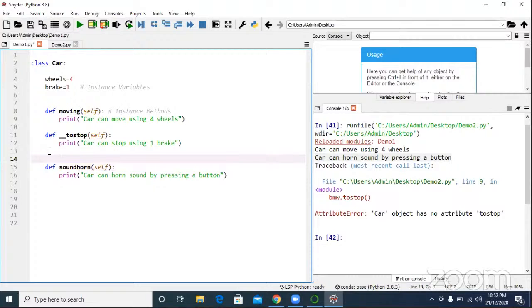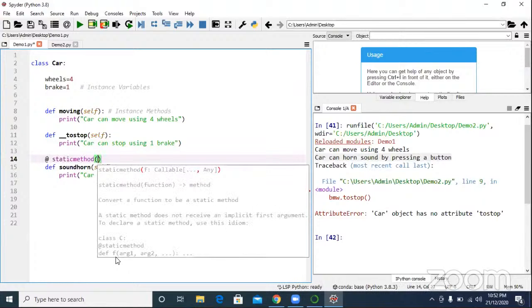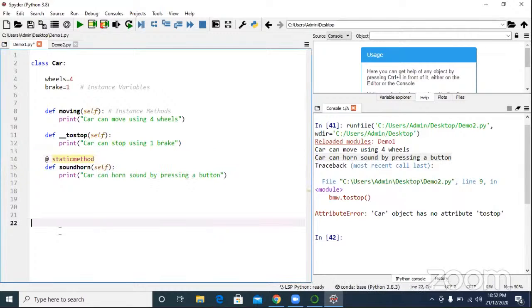Here also we can create static methods, but you have to say it like this: static method. First rule: self is not applicable. Self is not applicable for a static method. Remove it. So is it a static method or not? In Java, just now you told, how do you call static methods, with the help of an object or class name?